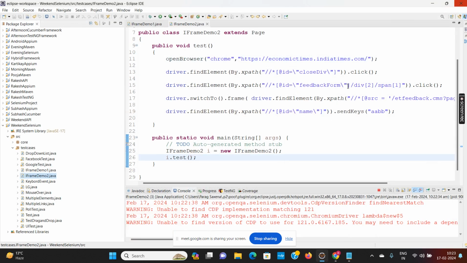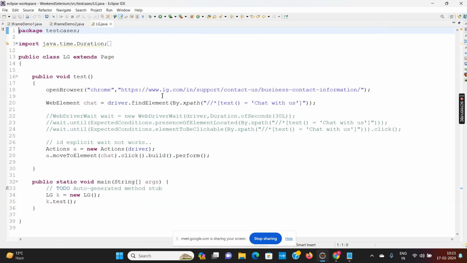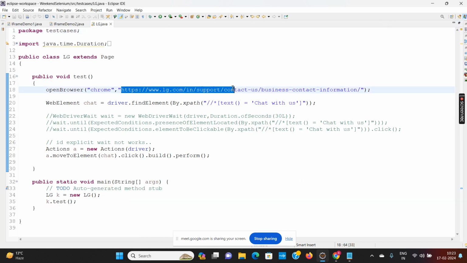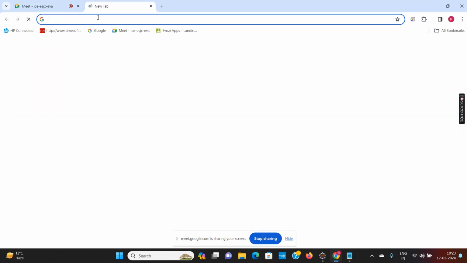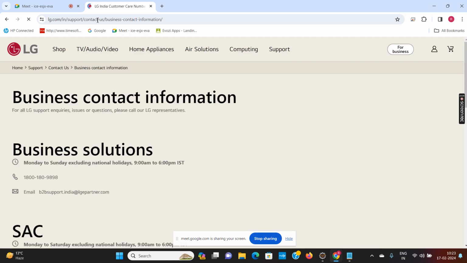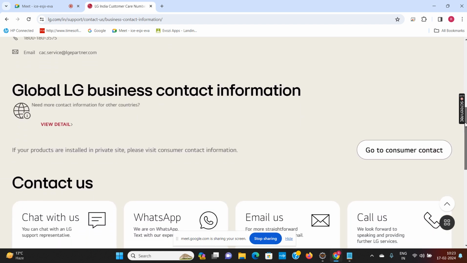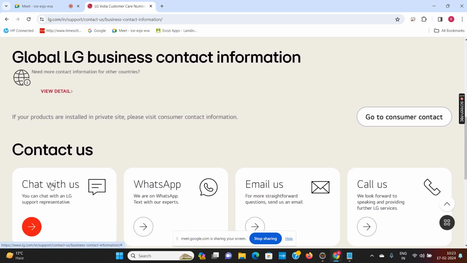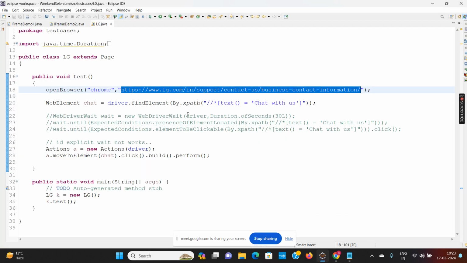Okay. One last example. We have visited this page, if you remember, I will revise it again otherwise. So we have visited this page for the LG customer care, and here what I want to do is click on this chat with us. We discussed in our last session that I want to click on this text chat with us, and